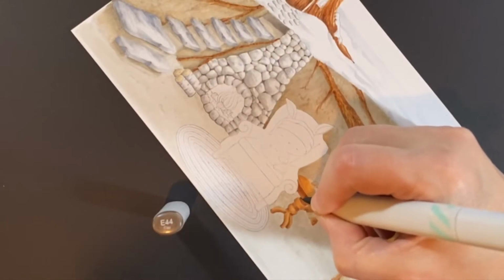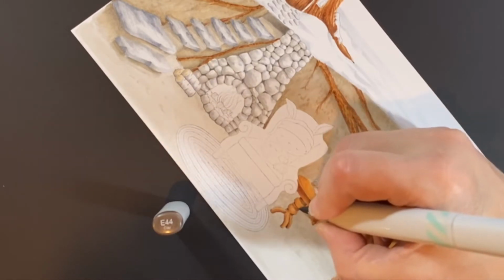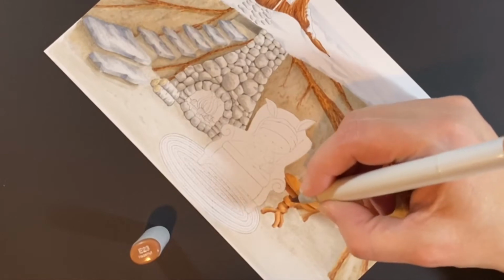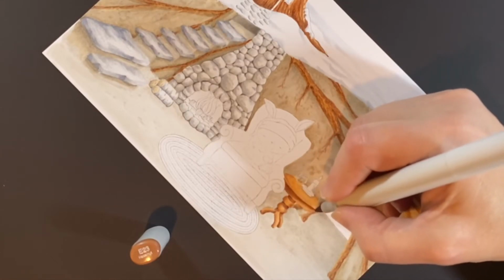Now I'm adding a little bit of the gray brown. Here's the E44. In reality, this table would probably be much darker because it's on the other side of the chair and away from the fireplace, so away from the light source, but I didn't want it to be too